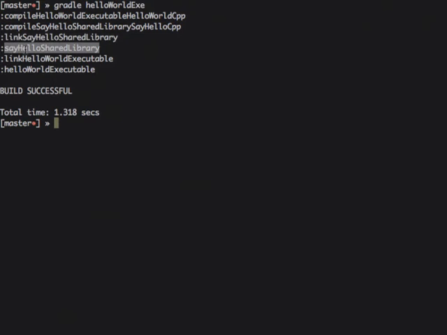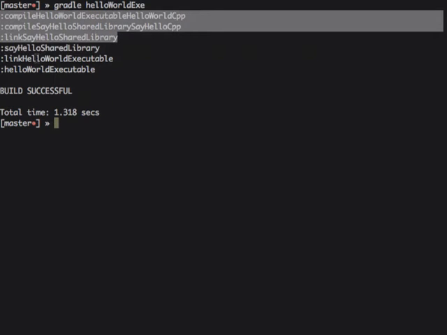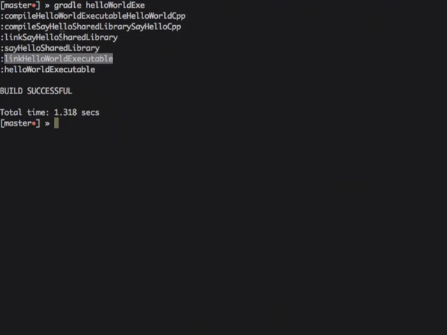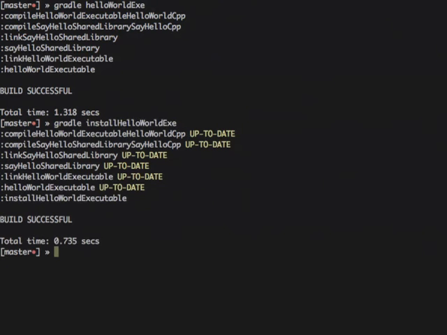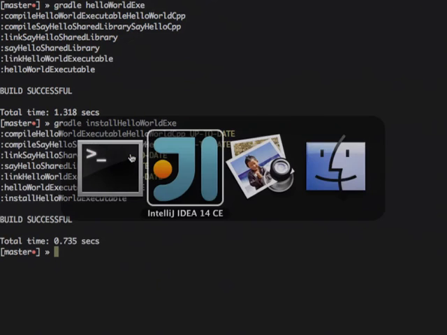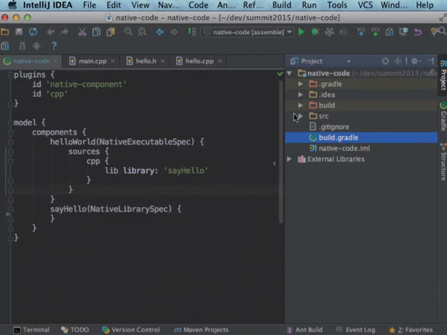This task here doesn't actually do anything. It's the life cycle for all these. Then we can link the executable against the linked library and build the hello world executable. Finally, what I'm going to do is I'm going to install that because it's more interesting if I can actually run it. So if we look at what we've got produced, you